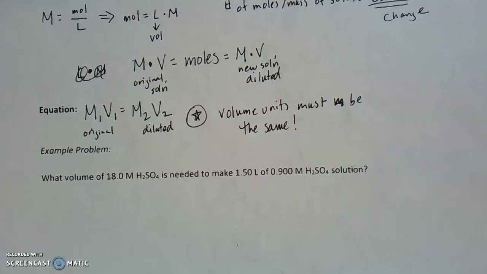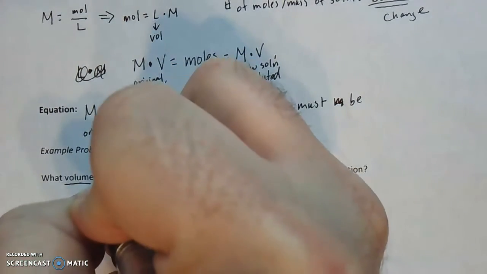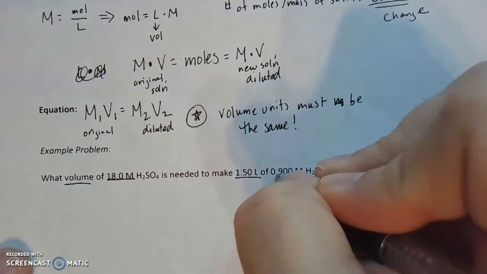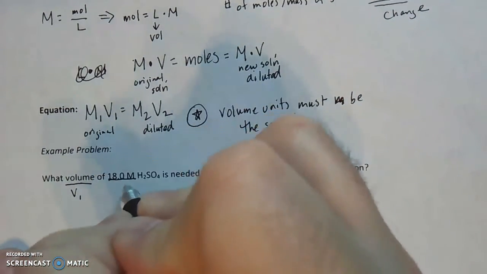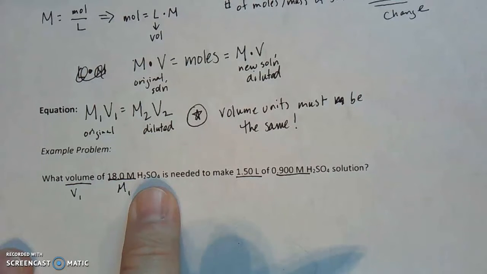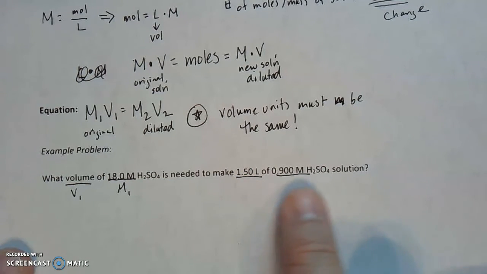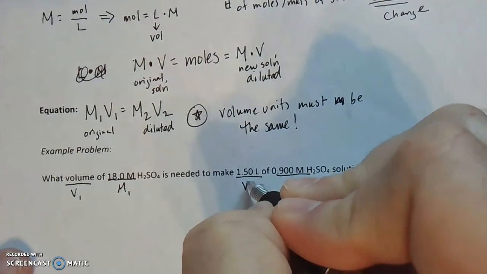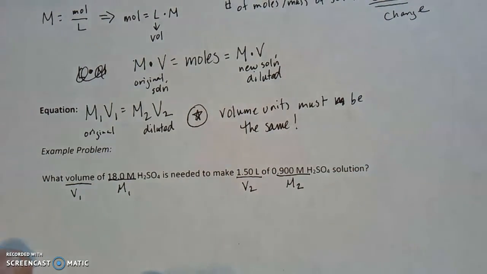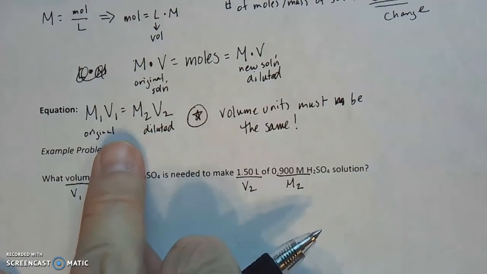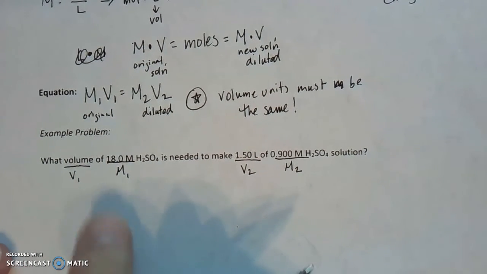What volume of 18.0 molar sulfuric acid is needed to make 1.50 liters of 0.900 molar sulfuric acid solution? So volume, molarity, volume, molarity. V1, M1, so those two are paired. Here is our diluted amounts and concentration. So here is V2 and M2. So all we have to do is put our numbers in and solve for the one variable that's unknown, which